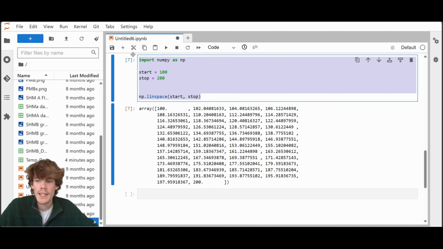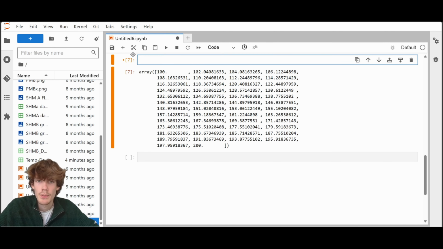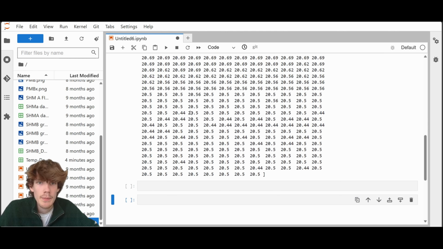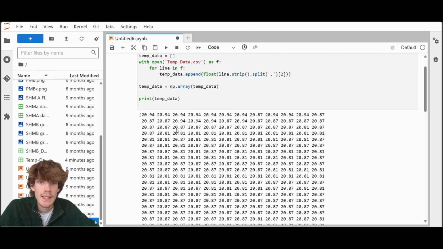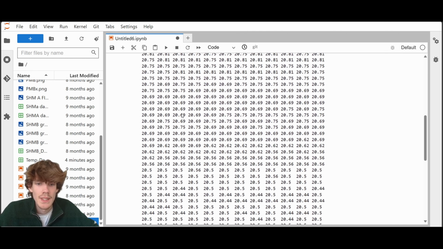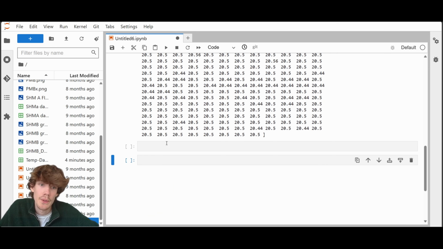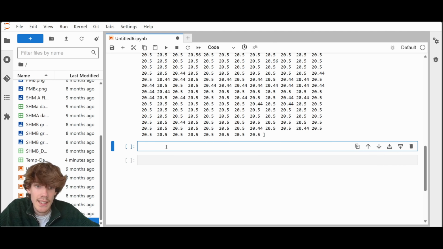Now, when would we actually use the linspace function? When is it useful? Well, if we look up here, we've got some temperature data in an array. This has been taken from a sensor which was running for 1 hour and took a temperature reading at a constant rate. So it was always the same interval between temperature readings, but we're not quite sure what that is. So if we wanted to graph our function with the temperature on the y-axis, currently the x-axis isn't really